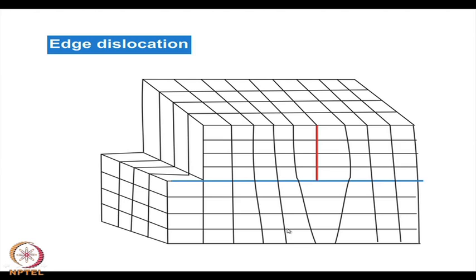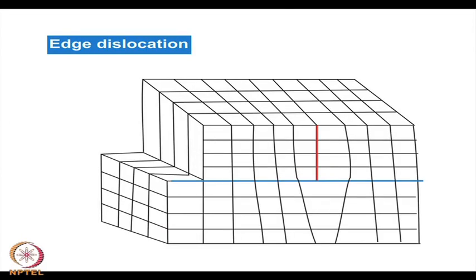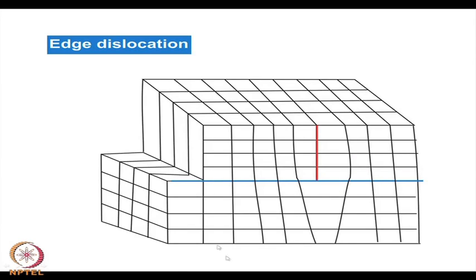Now, if we see that there is a cooperative movement, completely all of them moving simultaneously, then we need a very higher stress. That is what the theoretical stress we calculated. So, if all the atoms on the plane are moving simultaneously, then you need a much higher stress. Instead, if you assume some kind of a different configuration, for example, like this,